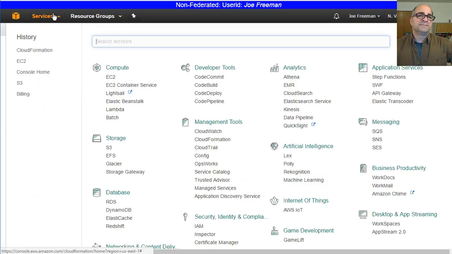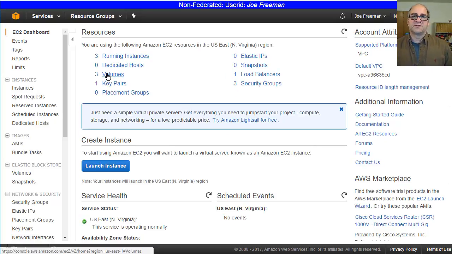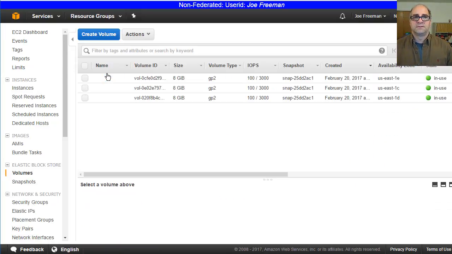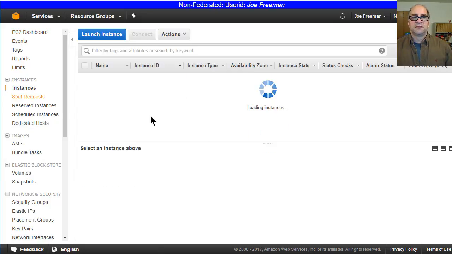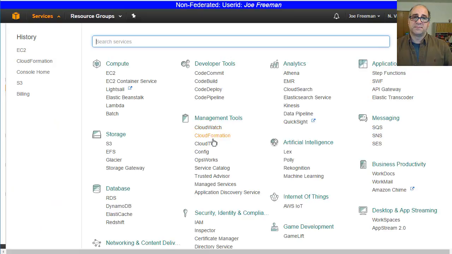And then we go over to the EC2 instance. Remember I told you I really don't like the fact that this thing doesn't create a name tag, right? So we're going to go to instances. So you can see these have no name tags. I'm going to show you that these things actually get auto started from the CloudFormation template. So if I go back to the CloudFormation template